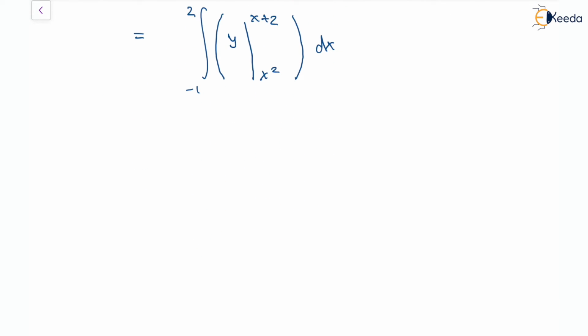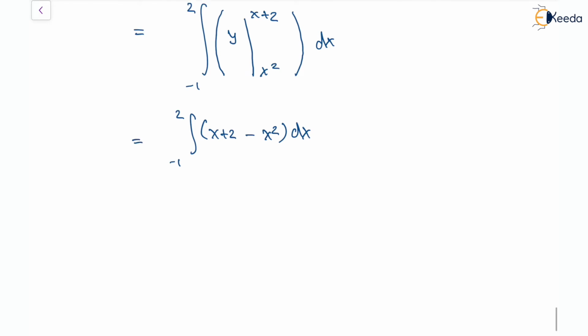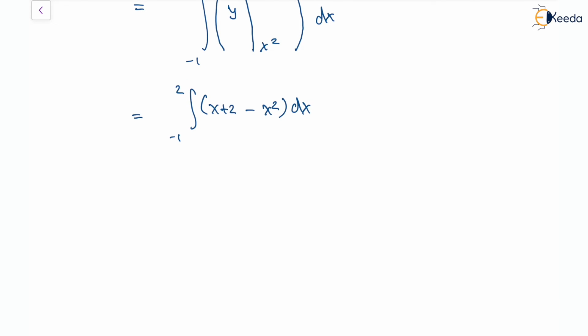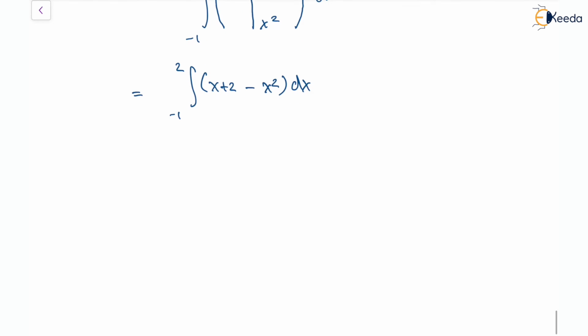So putting the limits, it is going to be x plus 2 minus x square, and this thing gets integrated for -1 to 2. Now x plus 2 minus x square. So integrating this, we'll have x square by 2 plus 2x minus x cube by 3, and the limits -1